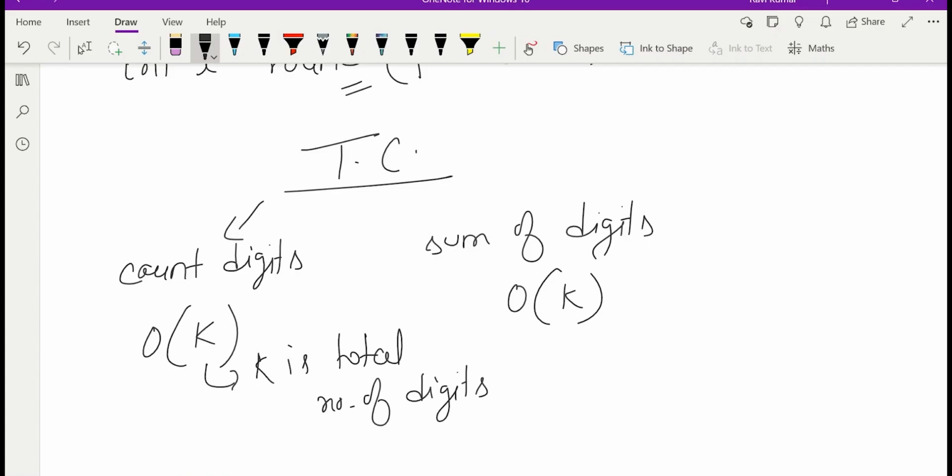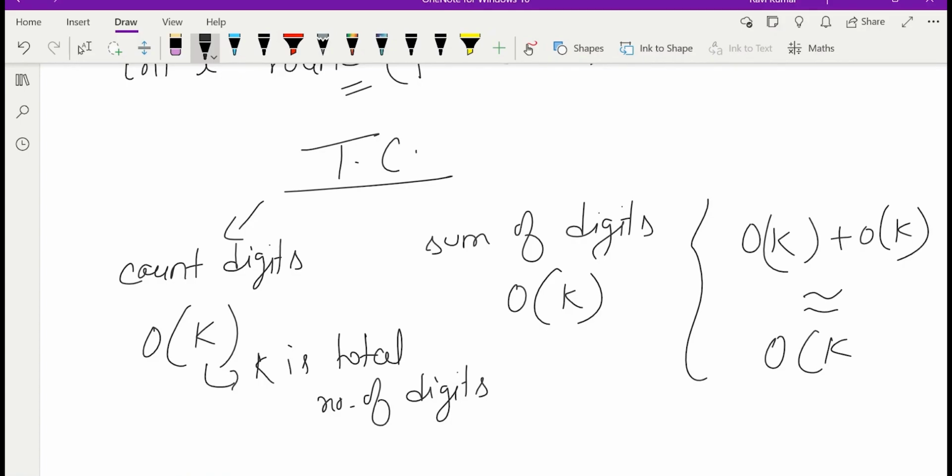So similarly, the time complexity is big O of k plus big O of k, which is equivalent to big O of k or big O of log n, where n is the input integer. So this will be the time complexity.